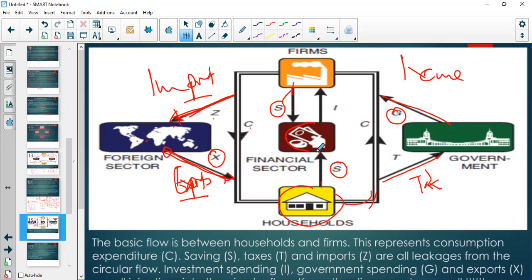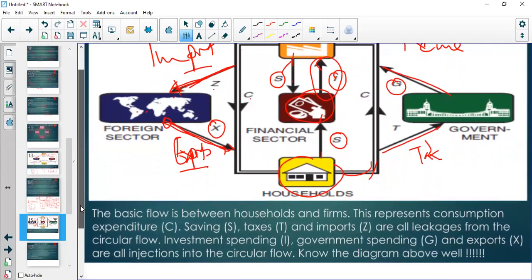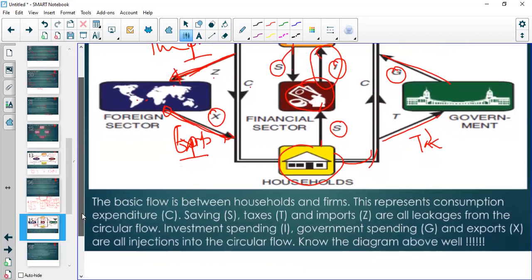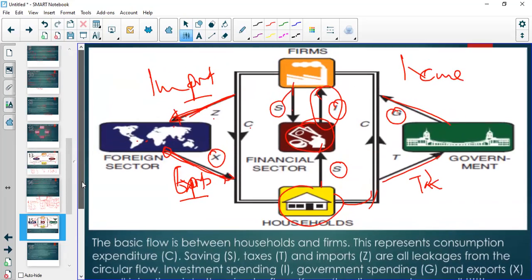And the financial sector, your banks are also going to make investments in companies, which is I as well. So that's investment. So you should be able to understand that basic flow of income between households and firms,